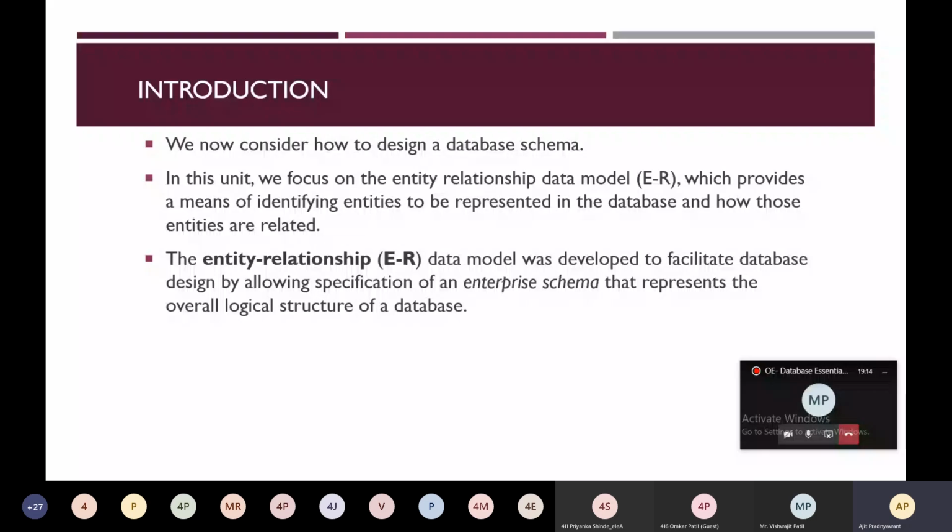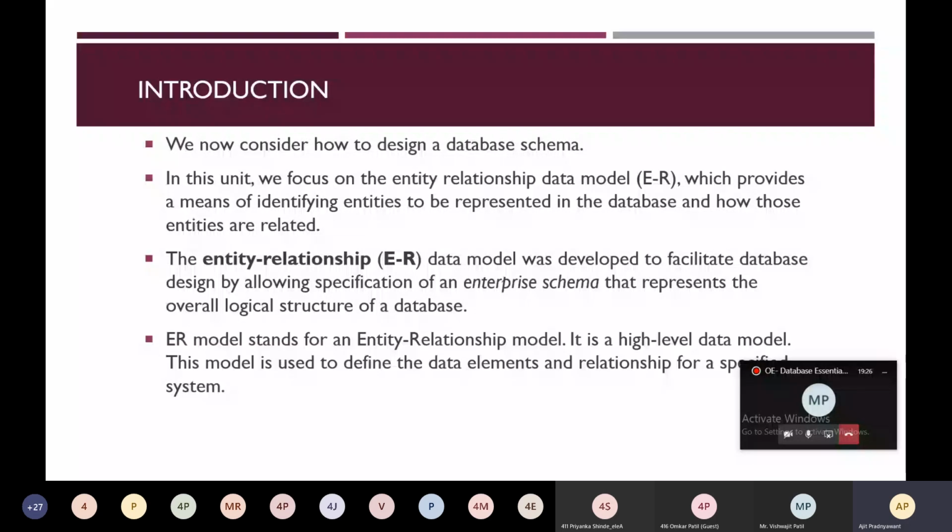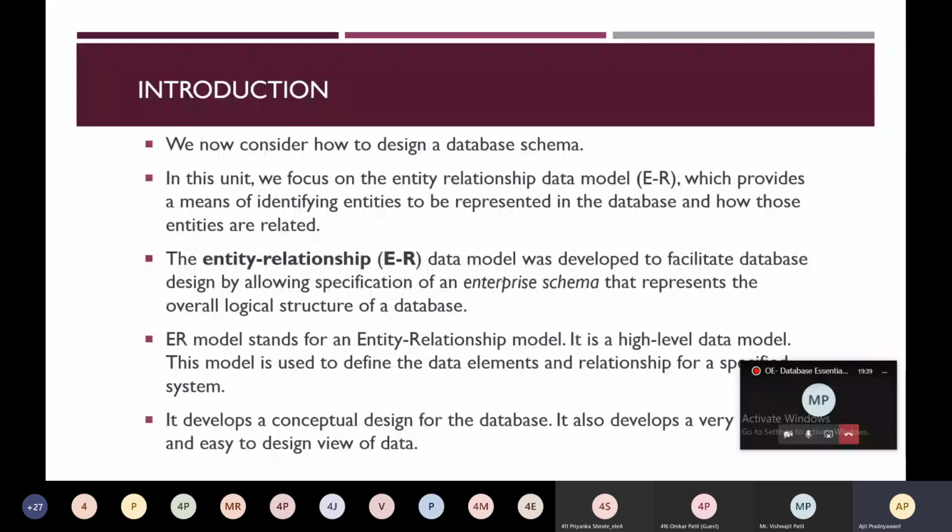ER stands for entity relationship. It is a high-level data model. This model is used to define the data elements and relationships for a specific system. It develops a conceptual design for the database. It also develops a simple design, an easy view of the data.